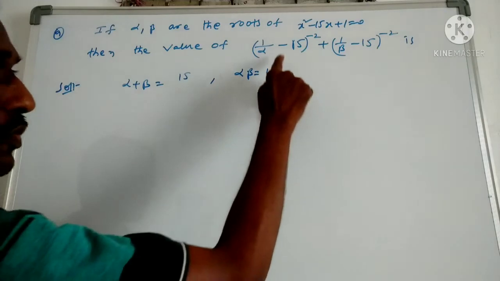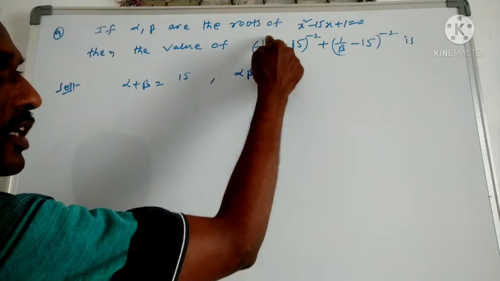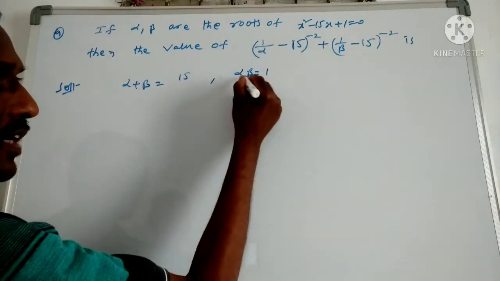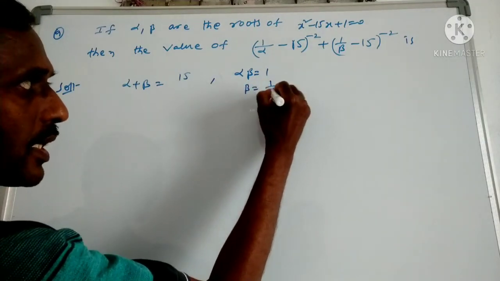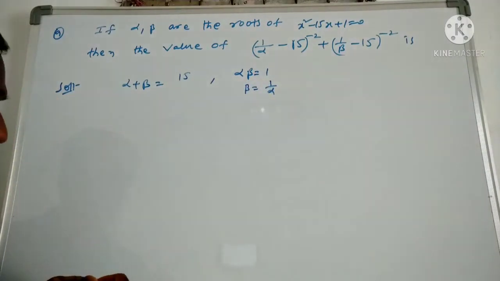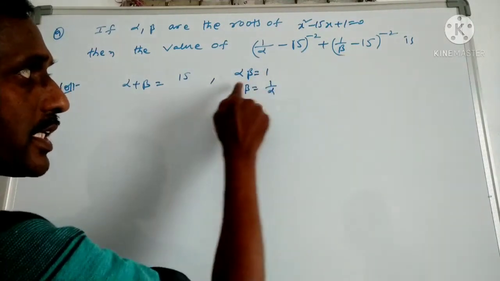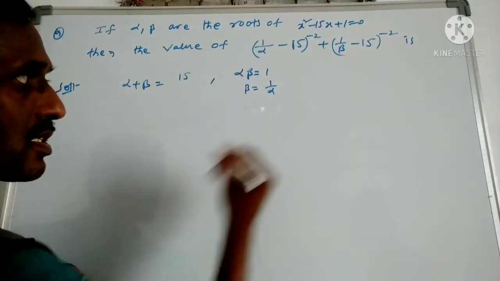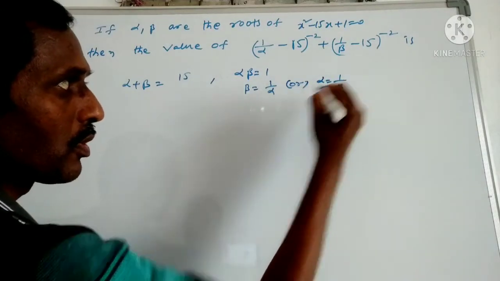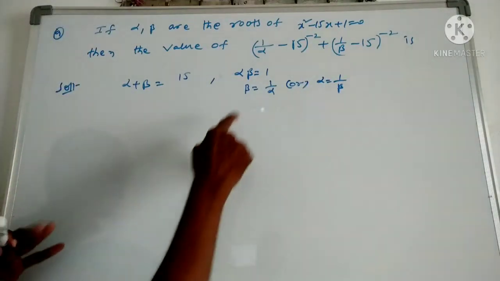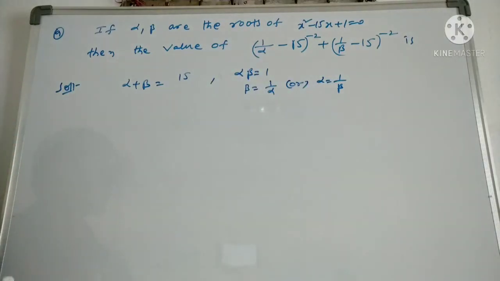Now the question is, you have to find this value. So here the product of the roots is 1, and here 1 by form is there. So let us find the value of 1 by alpha. From this you can say beta is the value 1 by alpha. So we can write 1 by alpha is nothing but beta. In this we have 1 by beta. So let us write 1 by beta value from this. Or else you can write alpha equals 1 by beta. So beta is 1 by alpha, otherwise alpha is 1 by beta, we can write. Now what do we have to find?